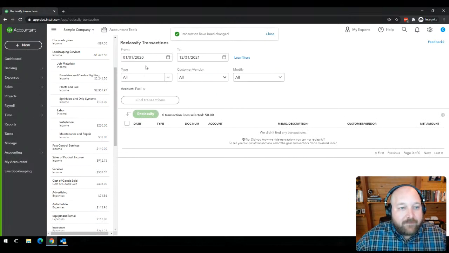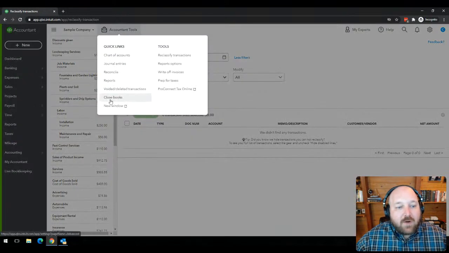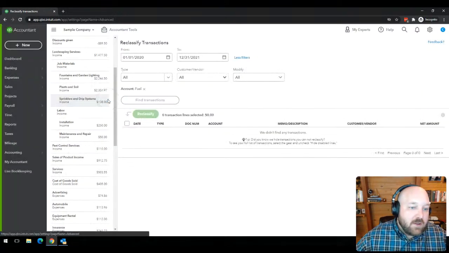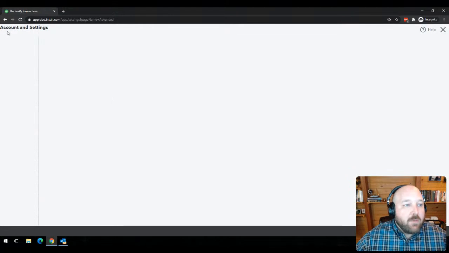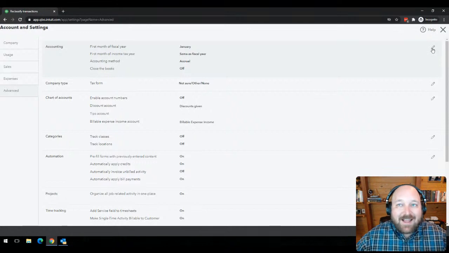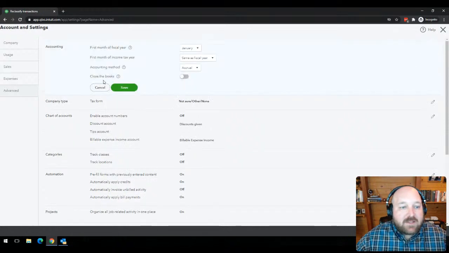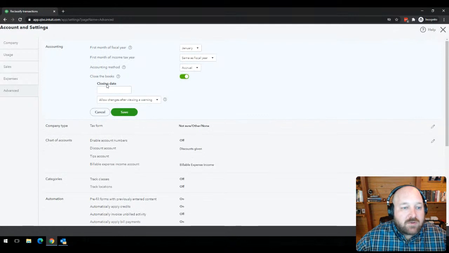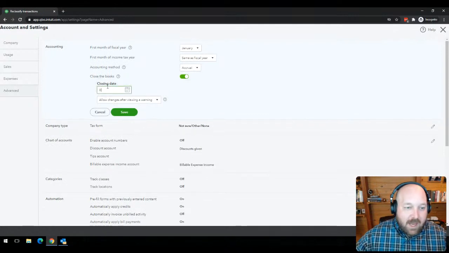And so if we go ahead and select apply here, all 6 of those transactions will be moved from one account to the other. Likewise, if we come up here to our accountant's tools, we can come over here, and one of my favorite functions is closing the books. This is actually going to open up the accountant settings section, and this is a feature of the setup. From here, we can click over on the top section where it says accounting. We can click the little pencil icon, and from that little pencil icon, this is where we can choose to close the book, and we can choose to give it maybe a